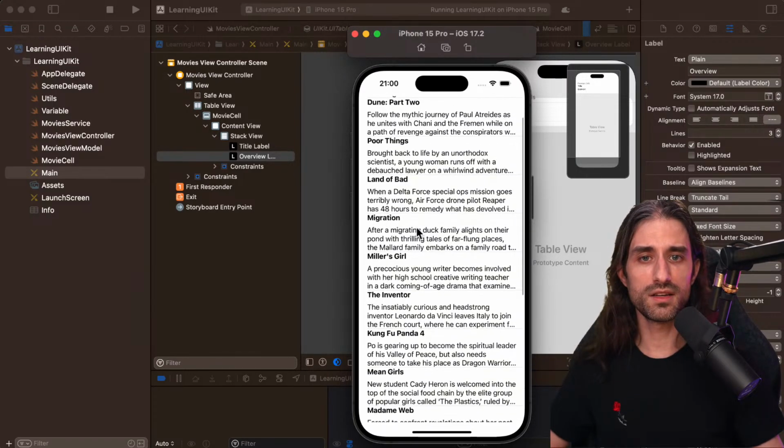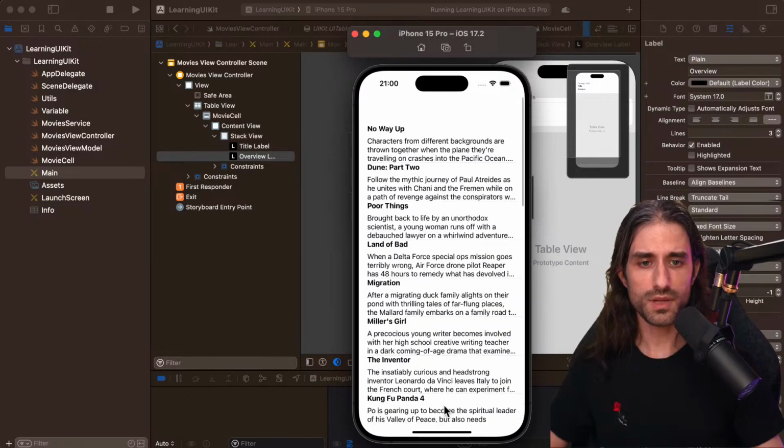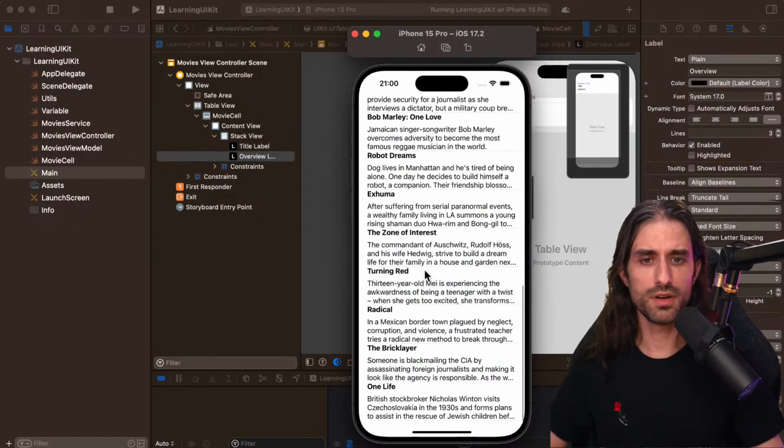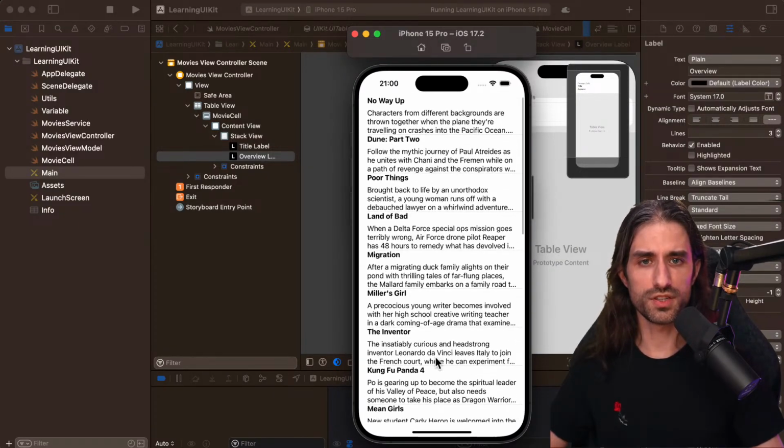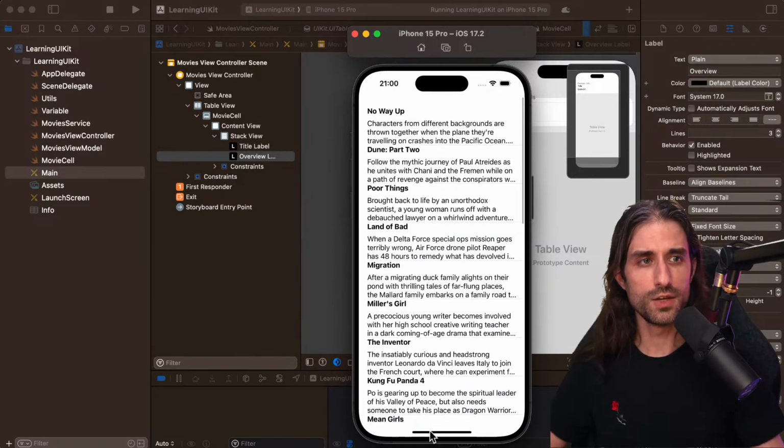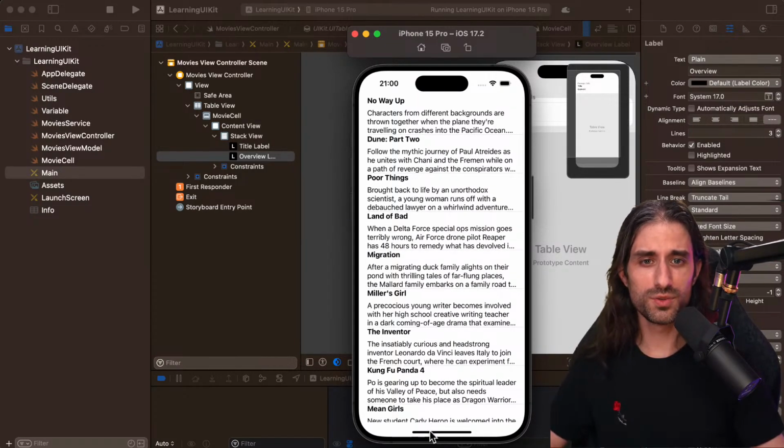So the UI isn't perfect, but you can see that it does the job, it scrolls, and it scrolls in quite a nice way. You can see that it took us 1 hour to set everything. Of course, I did some explanation, but it took us 1 hour to set everything, and it took all of this boilerplate.